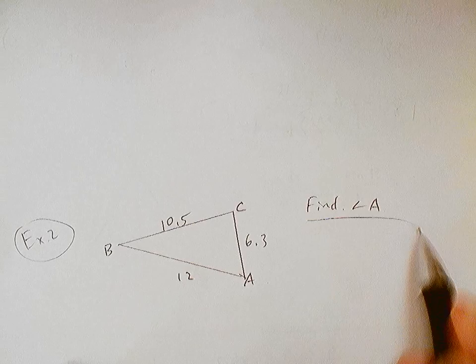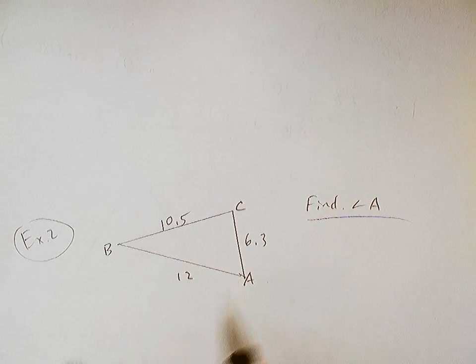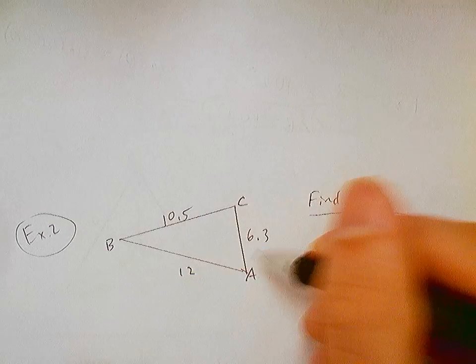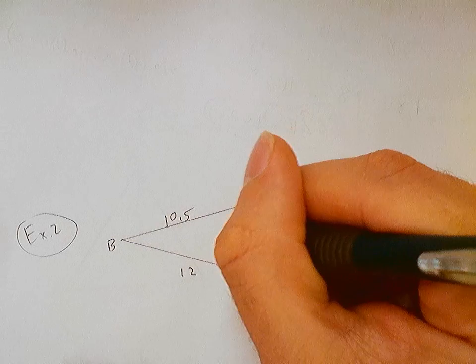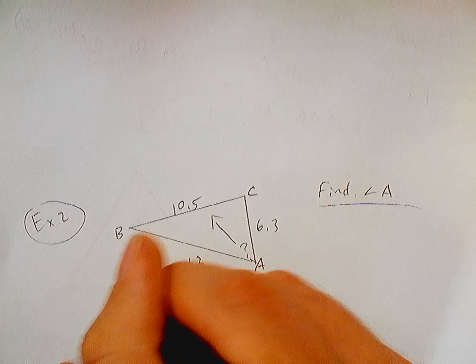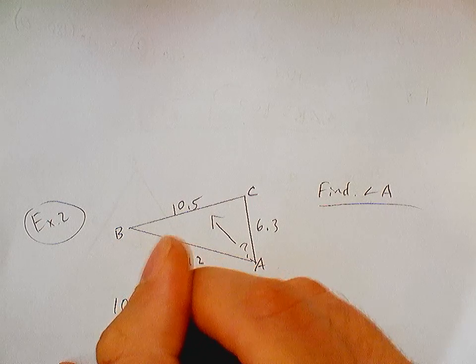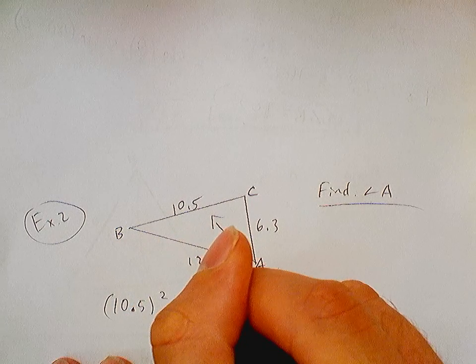So in this problem, we're asked to find angle A. I need to know what I'm looking for in order to properly set up the law of cosines. If I'm looking for angle A, that's my question mark. I'm going to start with the side opposite that angle, so I'm going to start with 10.5. So I'm going to have 10.5 squared on the left